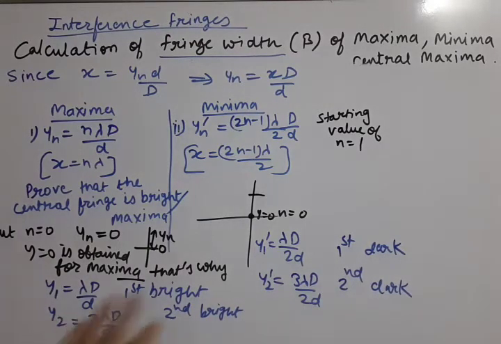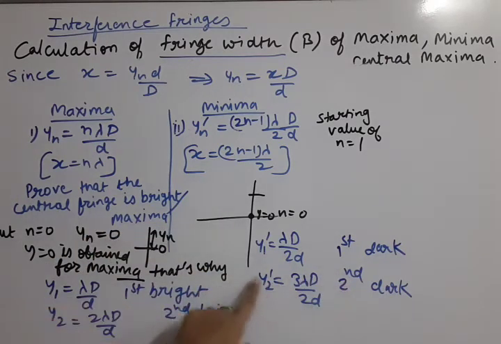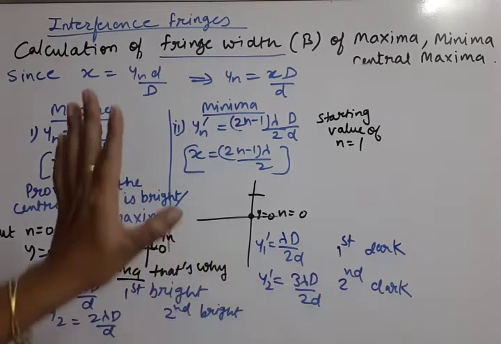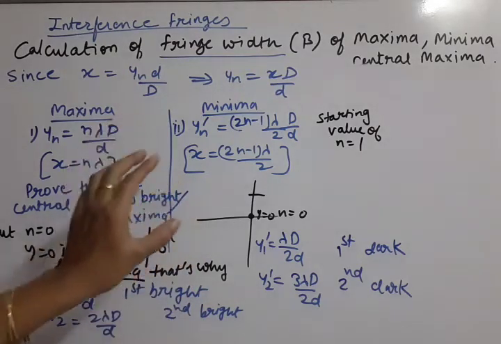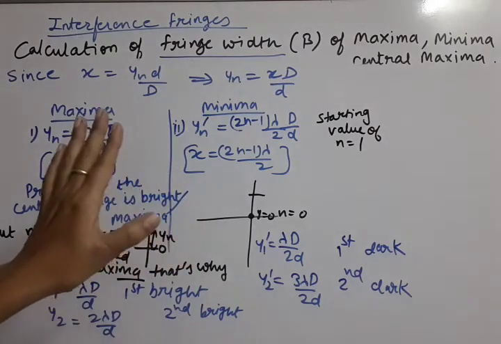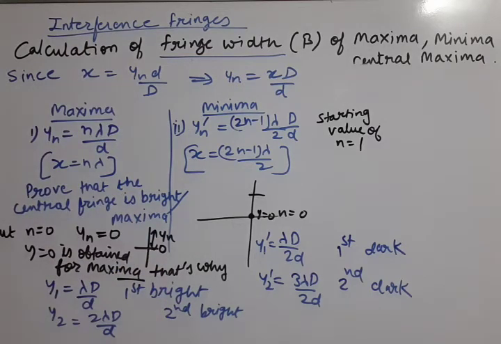So students, these formulas are very important from the numerical point of view. It can happen that the displacement of the second dark is given as 3 centimeter, 2 centimeter, some value. So you need to know the formula of the second dark displacement. Okay, so this way the displacements are prepared. Now how to come to the fringe width? Let us come to the fringe width in the next sheet. Note down this calculation.